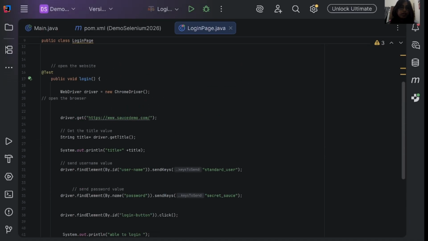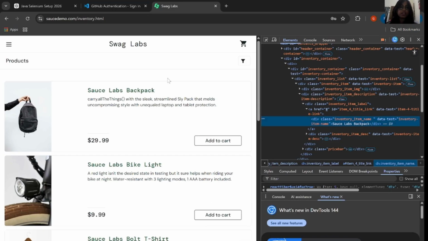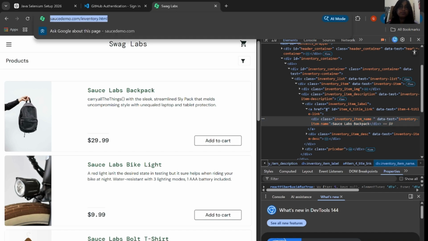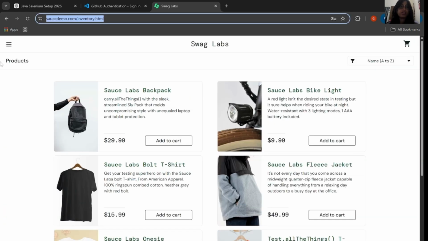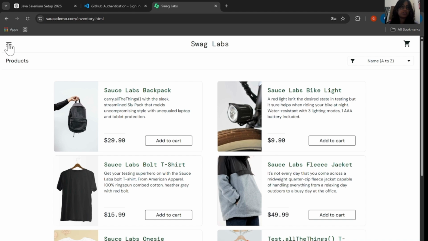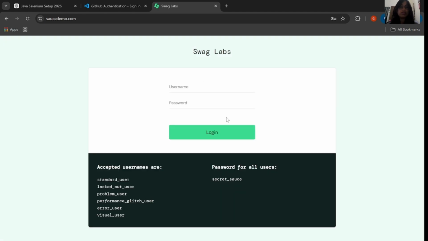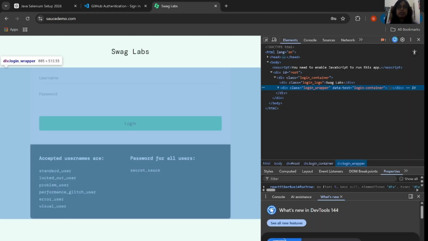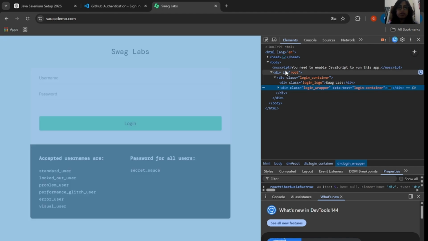We are already automating with this particular application, so today also I'll take the same. It's already open, so let me log out from here. Now we have to see the tag name: how you can use it and what the tag name is. First, I will show you what we are calling the tag name.